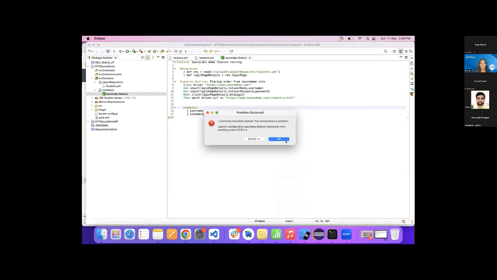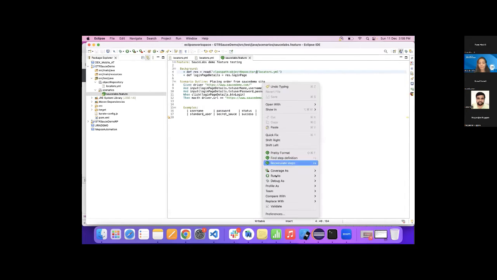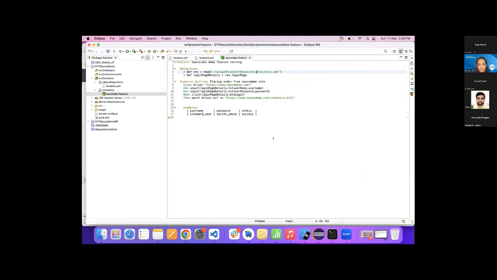This object repository UI is missing. Can you just check it? Yeah, thank you. So the problem, no, unused.